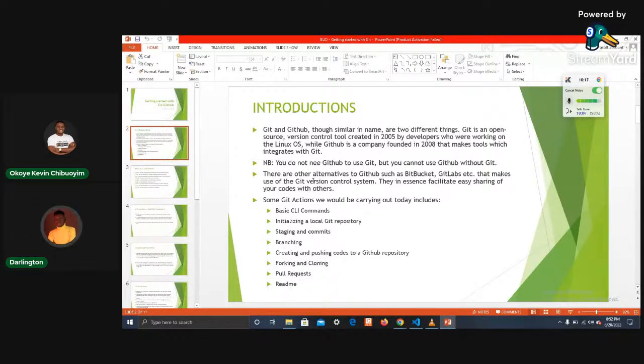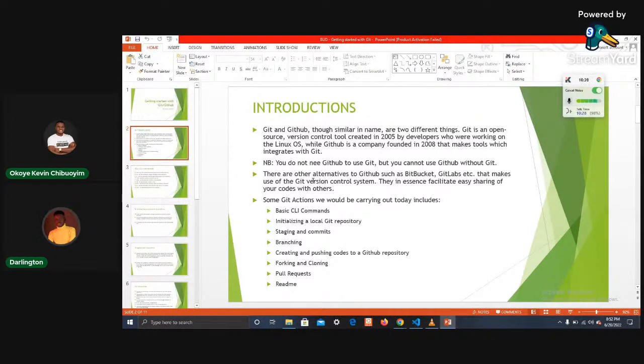So okay, we'll be getting started with looking at basic command line interface, as in basic CLI commands. And I'm hoping that before now we've gone through the process of installing Git and Git Bash, because most of what we'll be doing today will be using Git Bash.